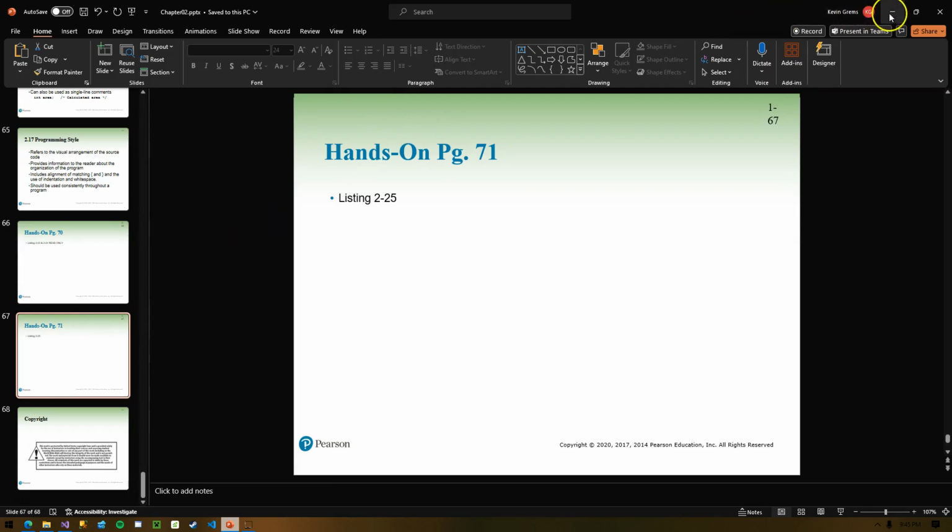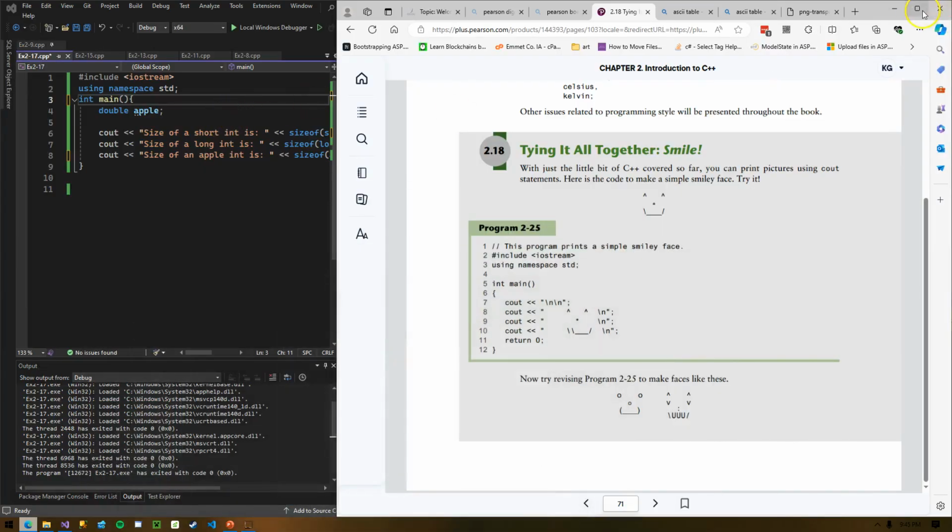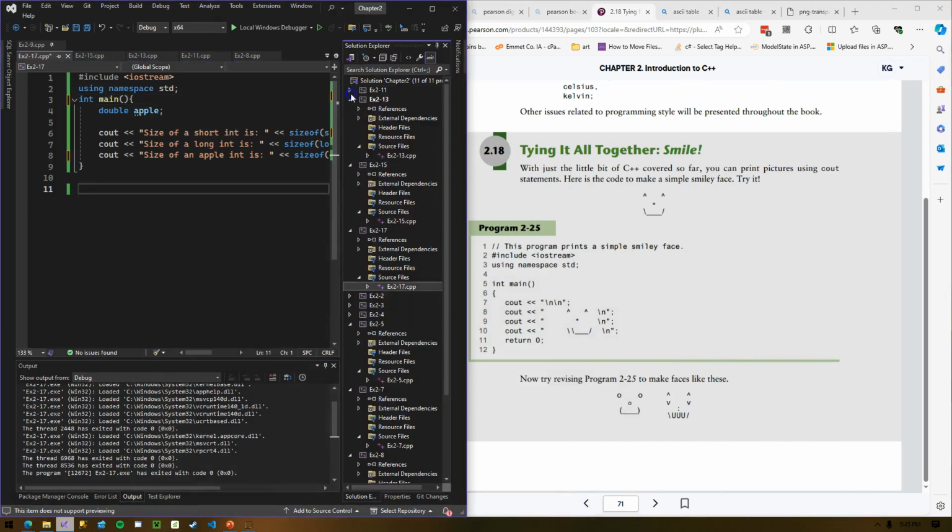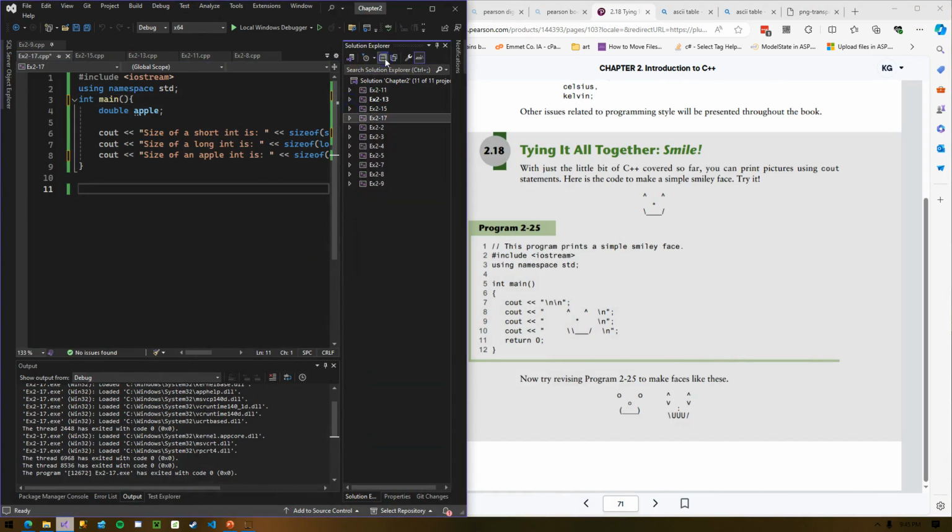Okay, so that is chapter 2. As a reminder, let me collapse all these. Here's a quick button in your Solution Explorer. If you want to collapse everything that's expanded, you can use this guy. Collapse all. Notice we didn't do every example throughout the textbook or throughout the chapter. I didn't even do all of them that I had written down to do because some of them are just so similar. Hopefully that's okay with you guys. But when you go to do your assignment for chapter 2, you should use this solution file and just add your programs for your assignments to this solution.